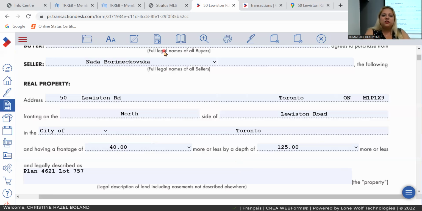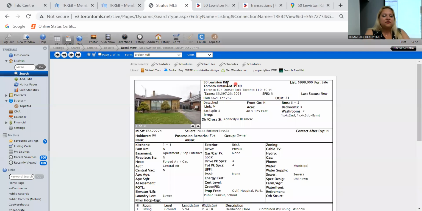So what we're going to do is we're going to go back to the listing here. We see 50 Lewiston. Okay, 40 by 125. Great. It says it in the listing. No, right? We're going to do our due diligence and we're going to go check. There are two places we can check. So I'm used to checking on MPAC because the other resource never used to have the measurements and all of